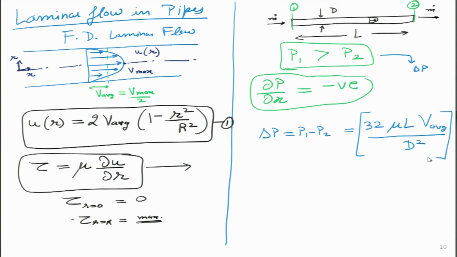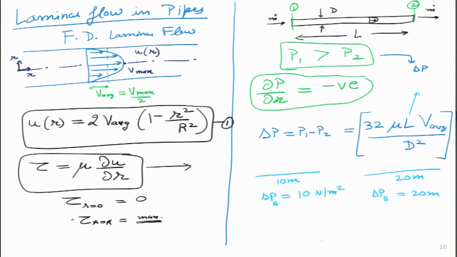And this is a very interesting expression because from here we can see that delta P depends on the linear power of L, which means it is not L square or L cube, it is directly proportional to length. If in a 10 meter section my delta P is, let us say, 10 Newton per meter square, and I double this section, make it 20 meters, so if I call this case A, then the next one I call case B, my pressure drop will increase proportionally. So, it will become 20.